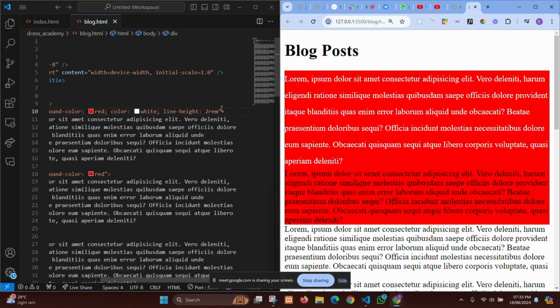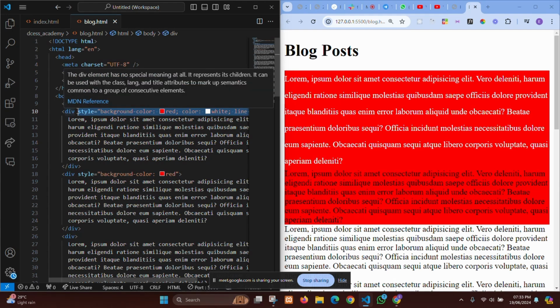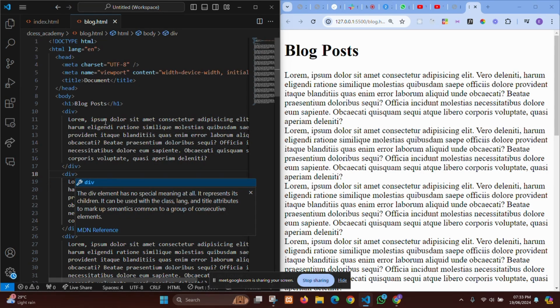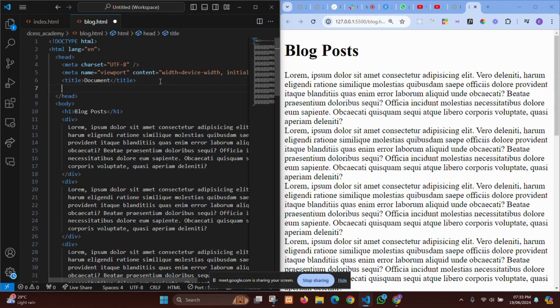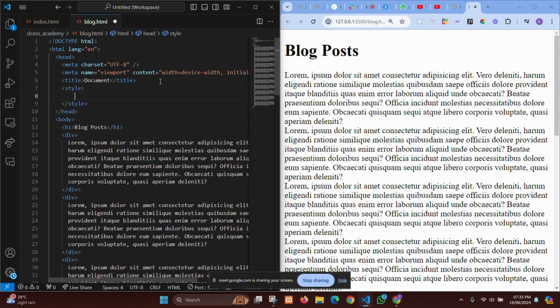Instead, it is better to come here and remove all of this style. I don't need this. I'm not supposed to do inline css. Inline css, you only do that when you just want to apply a single style. So if it's just to come here and do something like style, then I will say I want